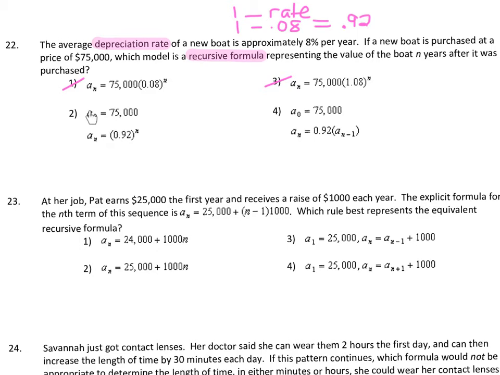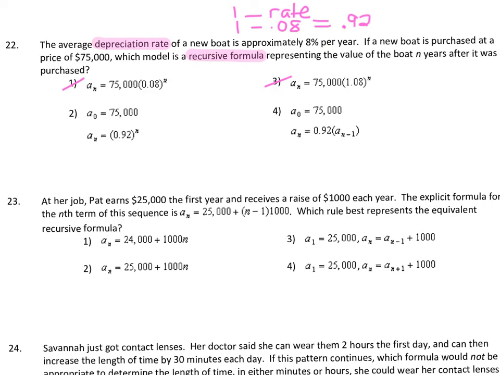Now here, instead of saying a sub 1, it's actually saying a sub 0. When you see a sub 0, instead of it being the first term, it means the initial term. So the reason they're using initial term here is because initially, when the boat was purchased, it cost $75,000. Okay, so the initial term is 75,000. Now, if we're multiplying by 0.92 to get from one year to the next, we're going to have to use our recursive formula